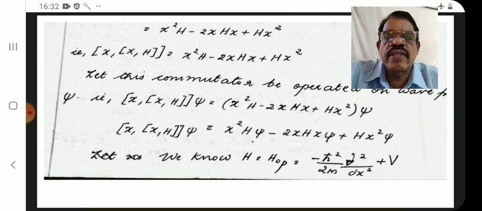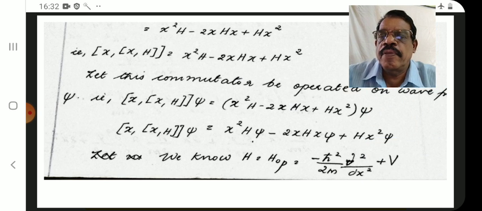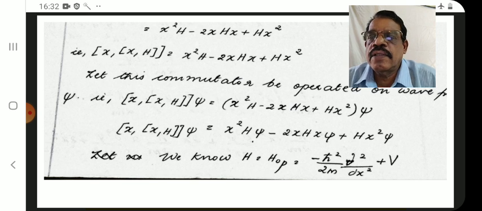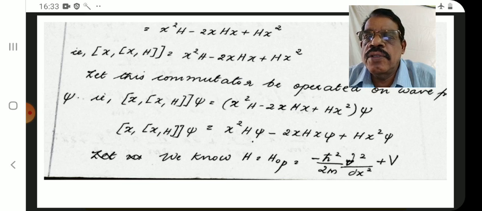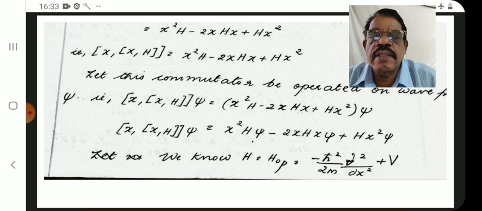That is, [x, xH] psi is equal to (x²H minus 2xHx plus Hx²) psi. You take a psi inside the bracket, it is equal to x²H psi minus 2xH x psi